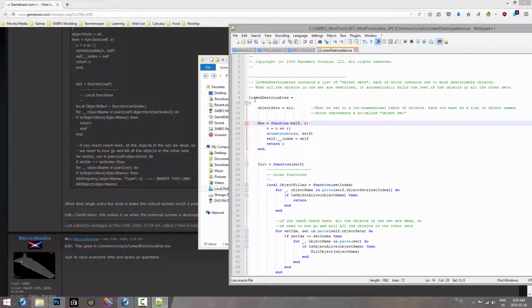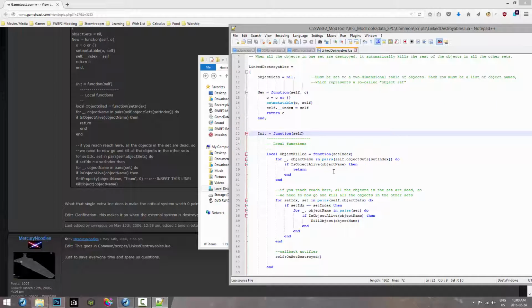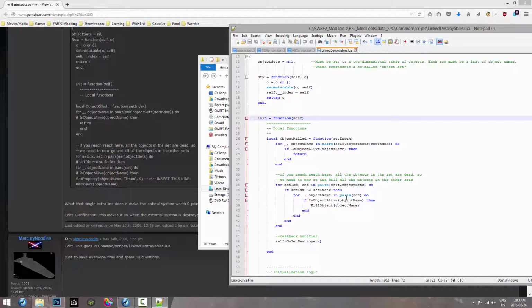So this is the beginning. Under linked destroyables equals, there's the object sets section, the new section, and then we go down to the init section. And you don't need to know what all this stuff means necessarily, unless you want to make your own crazy modifications to the linked destroyable system, which you are absolutely welcome to do. You just need to go down here to this little indented section that has a bunch of for loops. So it goes for, if,